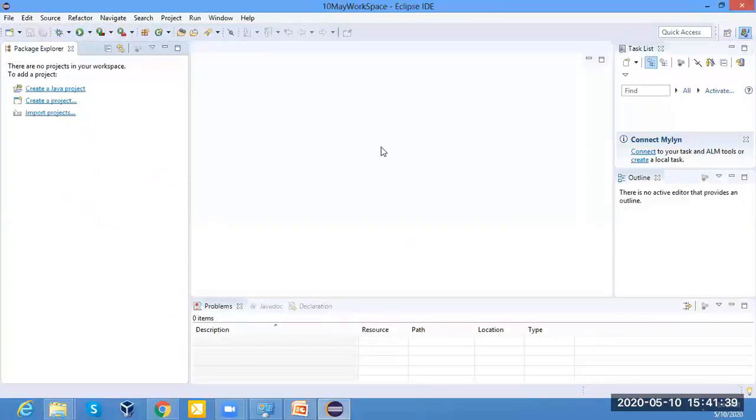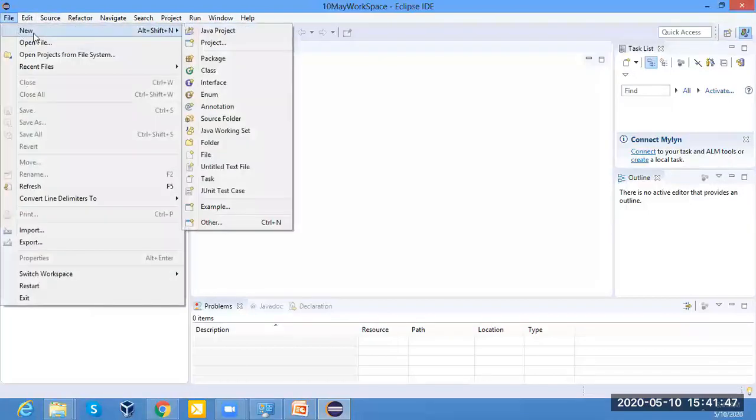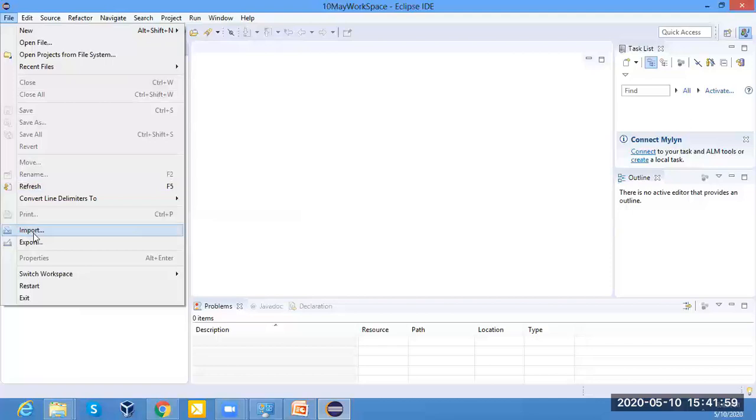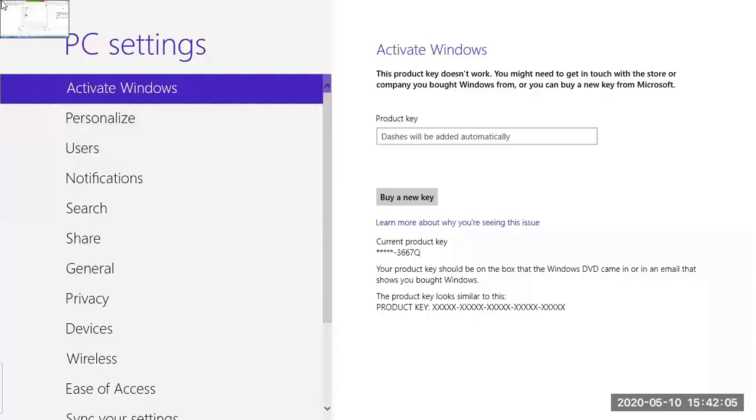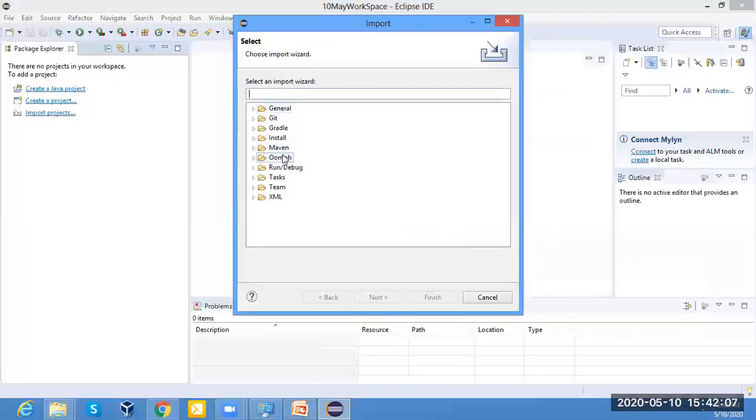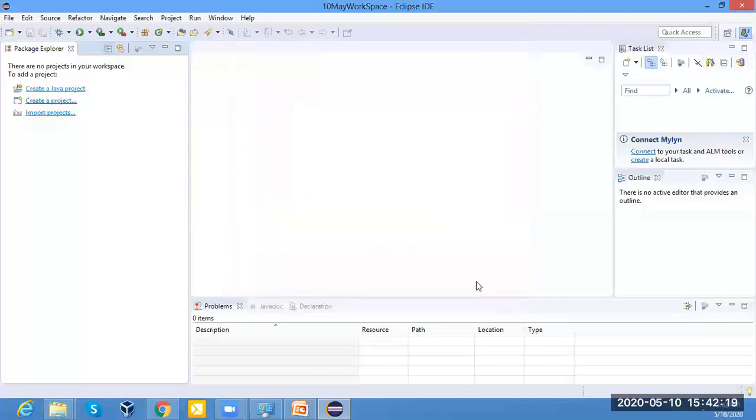Now, this is the first page of Eclipse. Let me give you a quick overview of this page. This is the file section. From here, you can open a new Java project and create a package. You can also create classes from this button. Whenever we want to import some external file, we can click on import and browse the external file from our system, and we can select any file with this window. When we create a new project, I will show you how we can use this option.